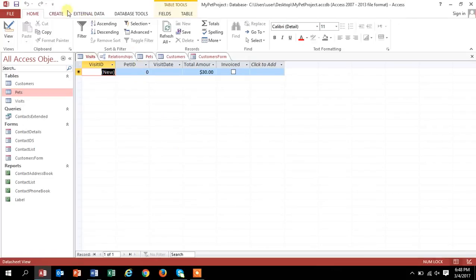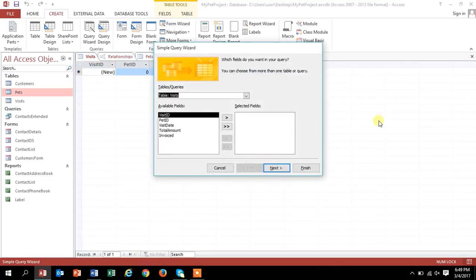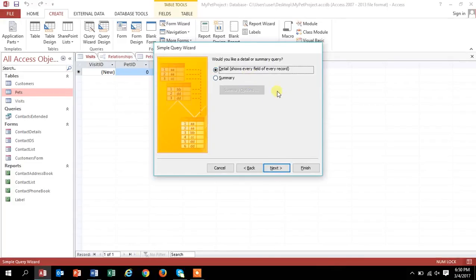In our Microsoft Access, we go to the create tab, select query wizard, and select a simple query wizard. Here from the table of visits, we go to page table. Then we select the tables we want, and then from the available fields we go to the selected fields by just clicking on the arrow. As you can see, from the available fields we have taken the selected fields that we need. Now we click on next, and with that